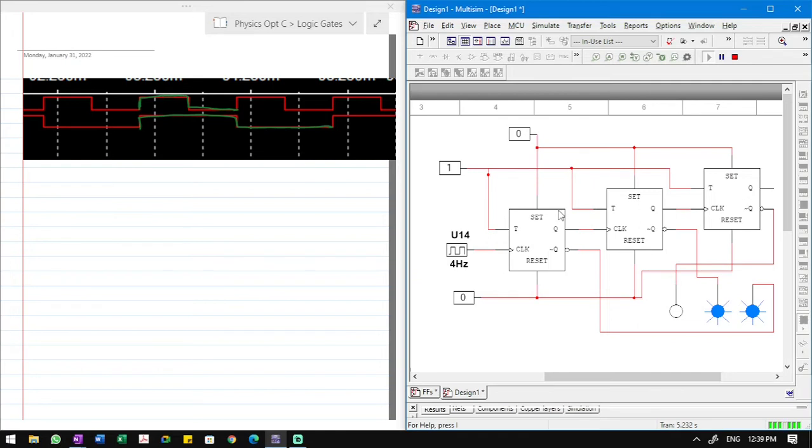Now, I did use the set, preset and clear functions of this here because I just want to be able to put my circuit into a certain state, right? So simulation is running. I just want to stop it. And what I want to do is just reset this entire circuit here. So I need to start the simulation. Break this here. Start the simulation, and I want to